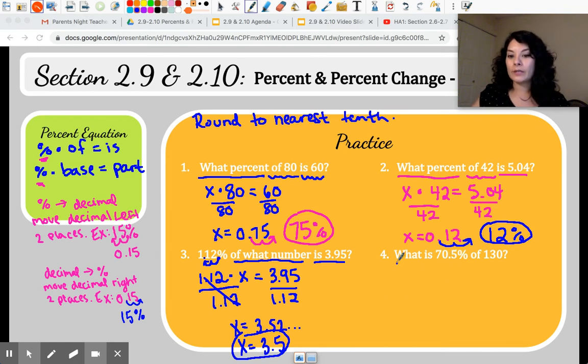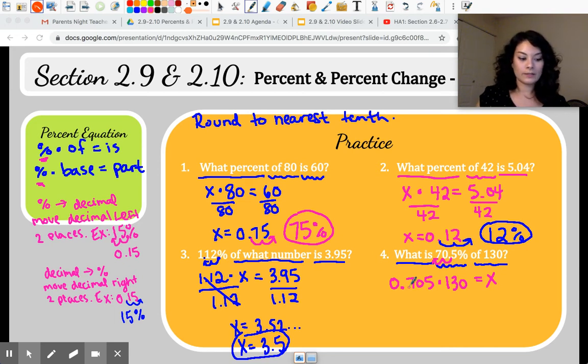Okay, let's take a look at the last one. What is, so that's what I'm finding. I'm finding my is value. 70.5% of 130. So I know that this is my percent. I know that my percent has to be a decimal, so I'm going to take the decimal, move it 2 places to the left, and I'm going to get 0.705. I know that my of value is 130. I don't know my is value, and I can just multiply to get my answer. So 0.705 times 130 gives me